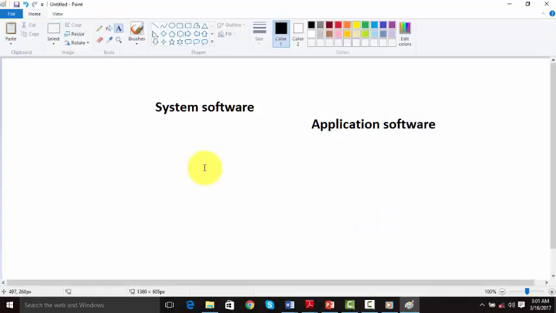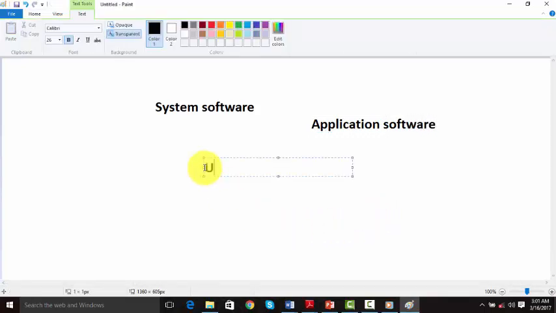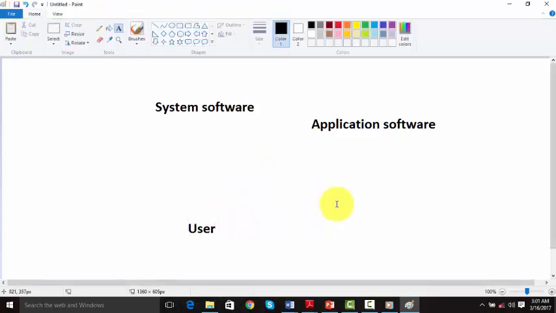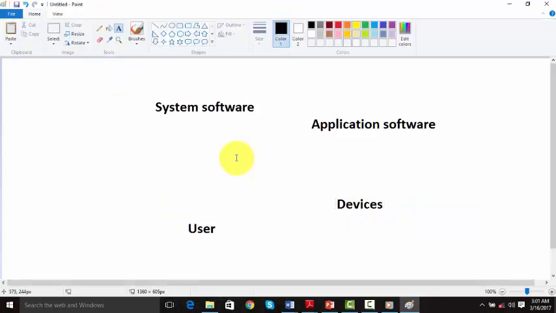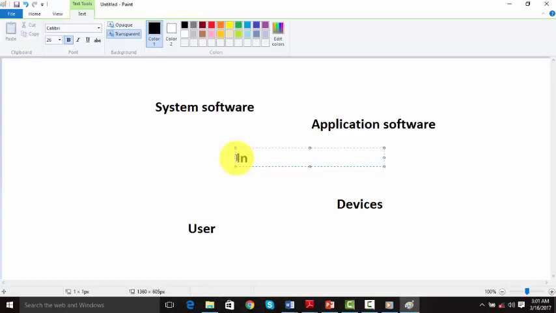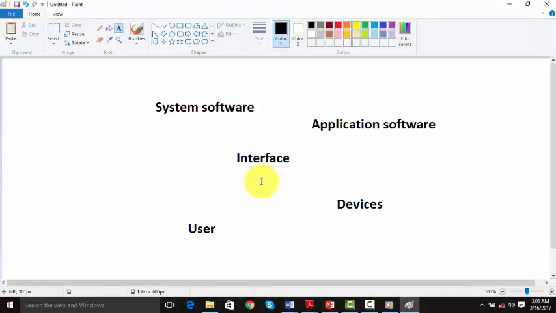Then we are also looking at the user. Then the other part we are looking at is the devices. So now we are going to look at the word interface. We look also at the word interface.